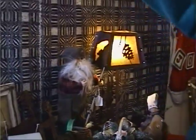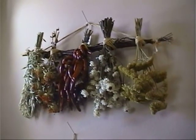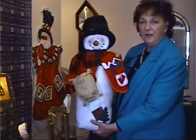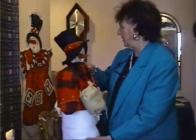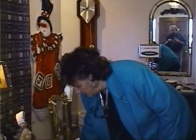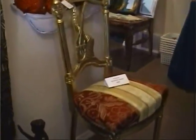Would you show this pretty little thing up there that I did? Okay? And this is one of my favorites. This is a snowman that's made by Pat Jackson. But isn't he cute? She's a nurse, and you know how nurses make things. Very creative. I also have some Italian furniture that I bought, and it does not fit into our house, so